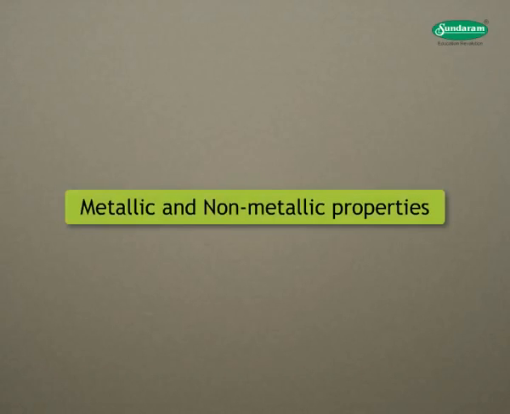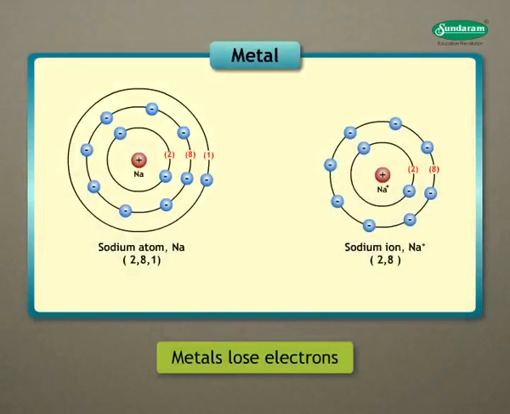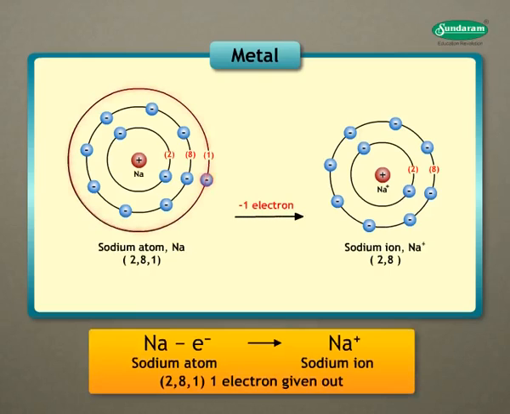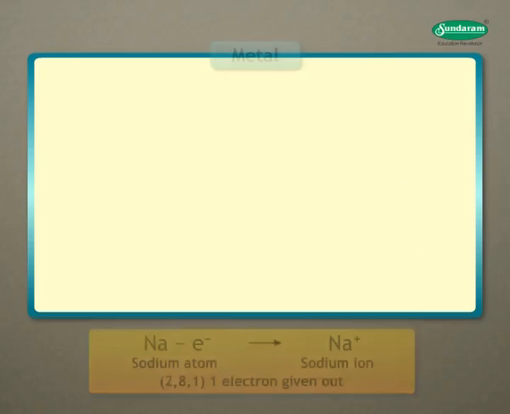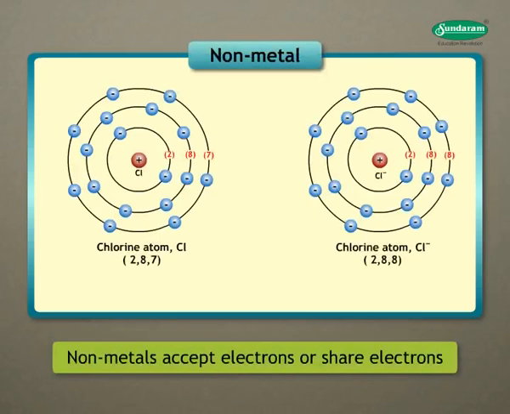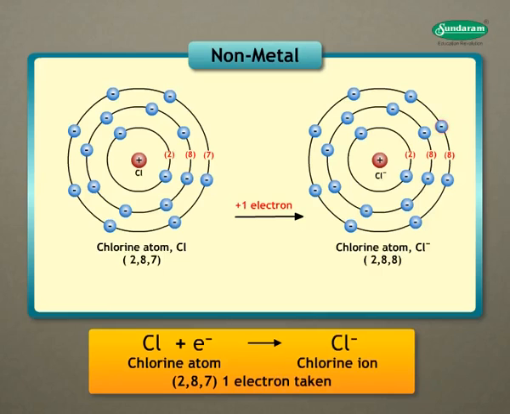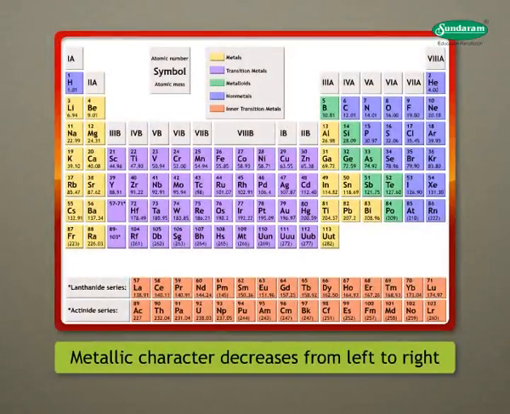Metallic and non-metallic properties. Metals show tendency to lose electrons. Therefore, they are said to be electropositive. You can see how one electron is given out by sodium atom. Non-metals show tendency to accept electrons or share electrons with another atom. Therefore, they are said to be electronegative. You can see chlorine atom taking one electron to become electronegative. Metallic character decreases